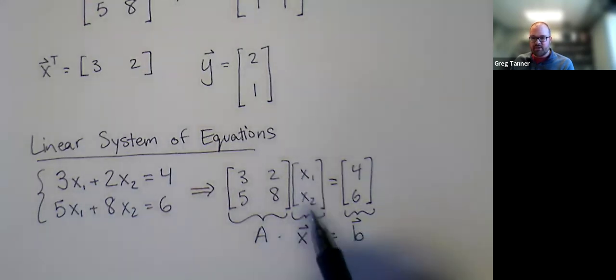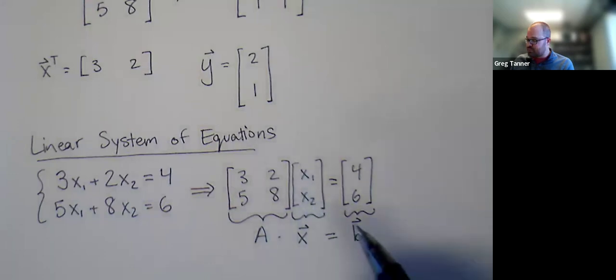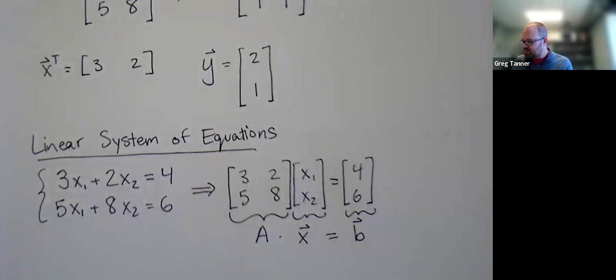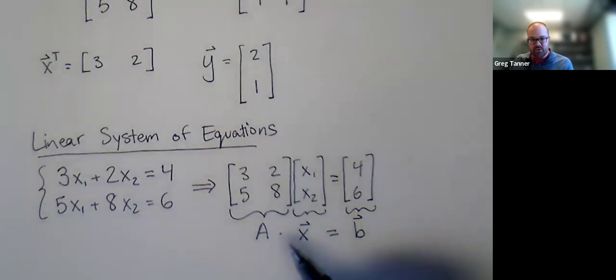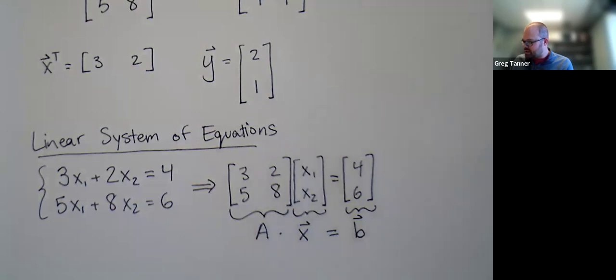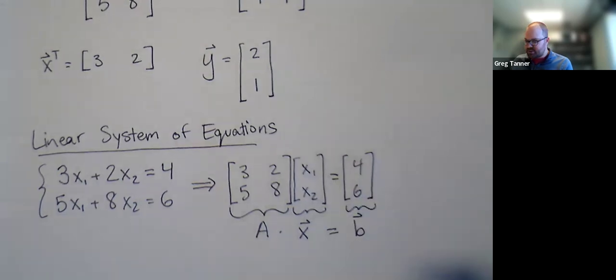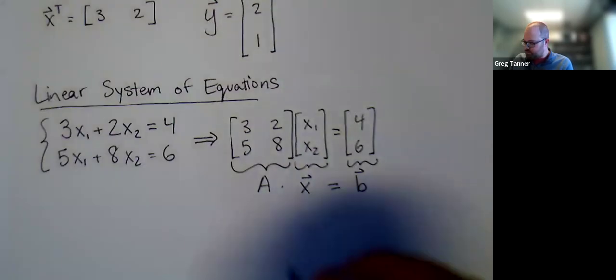Here, my X vector is my vector of my unknowns, my variables that I don't know the value of yet. And then in this case, the B vector on the right-hand side is a vector of known quantities. So this would be what I'd call matrix vector form or a matrix system. And then oftentimes what we'll do is take this same system and write it in one other form